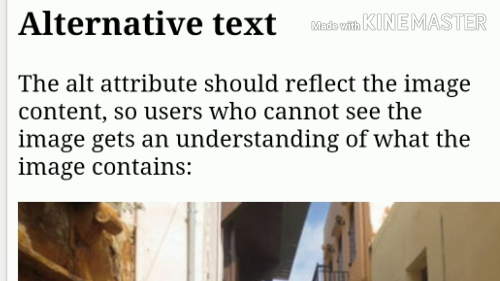Therefore, make sure that the image actually stays in the same spot in relation to the web page, otherwise your visitors will get a broken link icon. The broken link icon is shown if the browser cannot find the image.